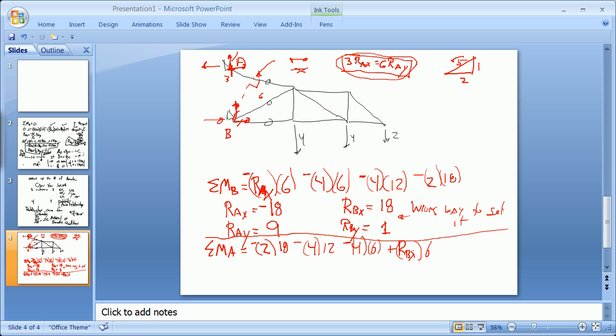And so we can solve for the reaction at B in the x, and we will get 18. So that's how you go about doing the reactions, by breaking vectors into components. In many ways, I guess sometimes that will be easier, but it's going to kind of tend to keep you in that sum of the forces, which isn't always the most efficient when you're trying to really think correctly